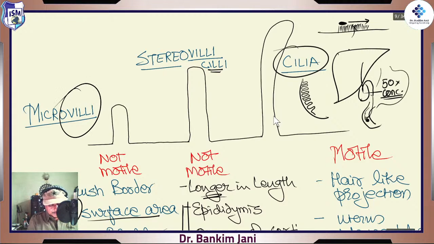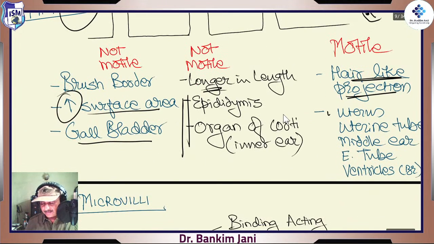If you just remember, the microvilli were standing over there, not moving, and their function was to increase the surface area. And we have cilia which are motile, right? They will be moving like this, and they are hair-like projections. So in the case of the uterus, uterine tubes, middle ear, eustachian tube, ventricles, all these areas,